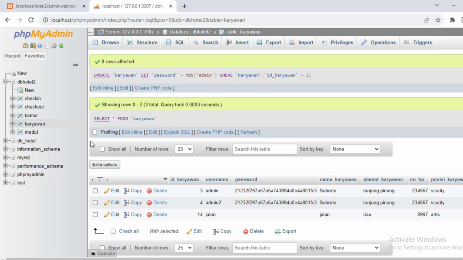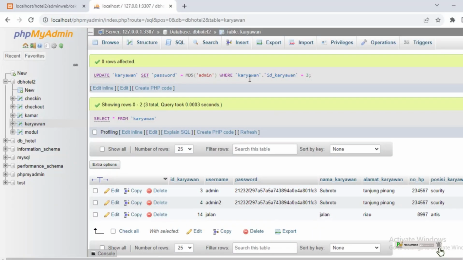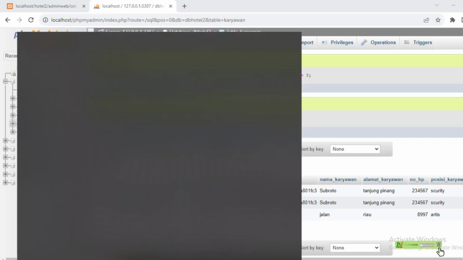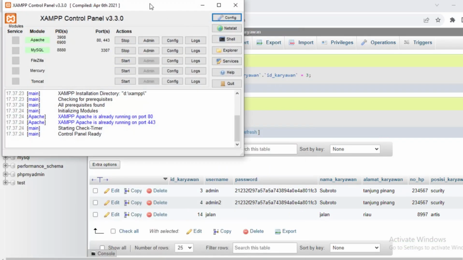Do you still remember my previous video where I changed the port? So localhost, which was originally localhost, is no longer localhost. How to take it? Sure guys, open XAMPP friends, yeah. Open it like this. It's in the section